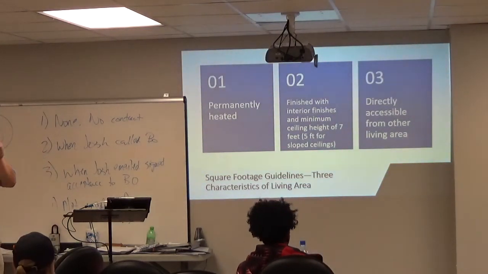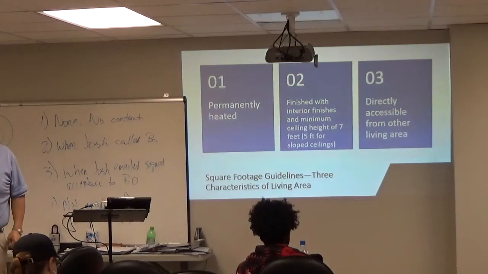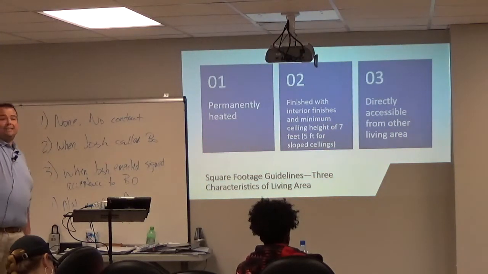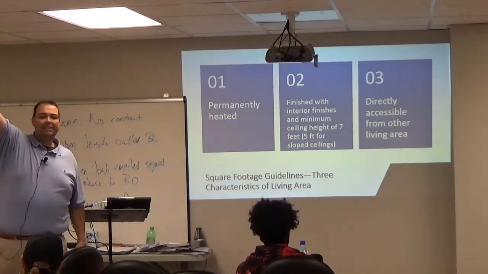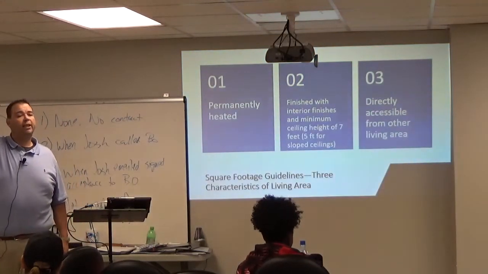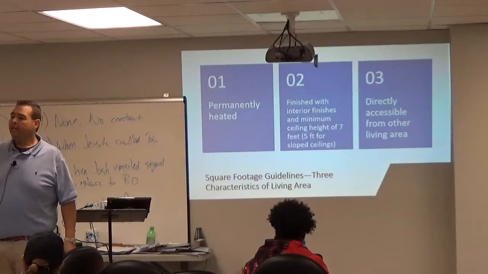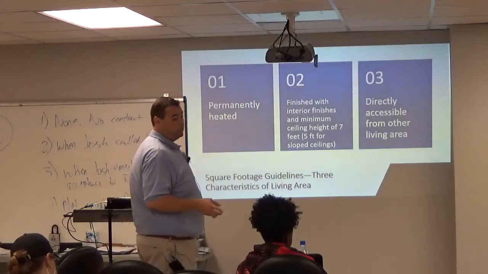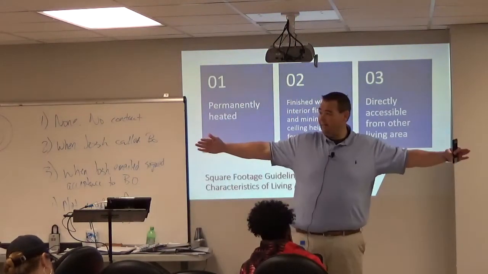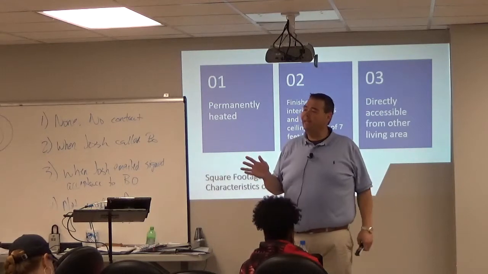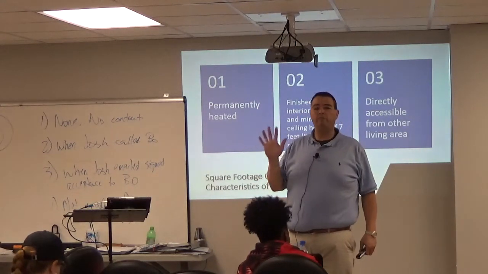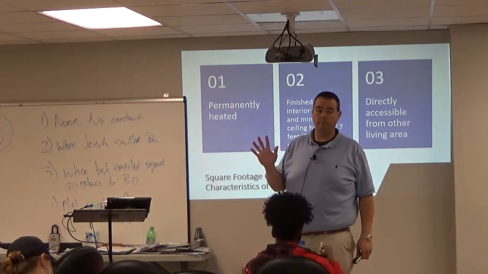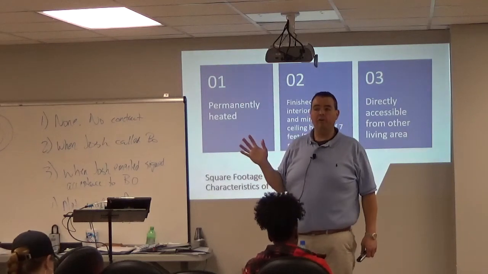But the one that doesn't have any gray area is the ceiling height rule. Minimum ceiling height, 7 feet on a flat ceiling. This is a flat ceiling. So in a room like this, on a flat ceiling, one that's parallel to the floor, the minimum ceiling height is what? 7 feet. If the room has sloping ceilings, y'all know what sloping ceilings are? Ceilings that come down at an angle, then the minimum height is 5 feet. It goes down to 5 feet for sloping ceilings. Okay? So 7 for a flat ceiling, 5 for sloping ceilings.